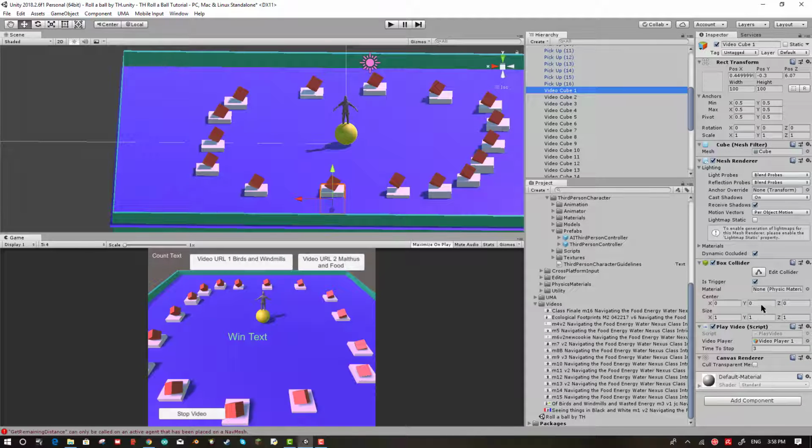What happens now is in Video Cube 1: mesh shredder, box collider, play video. That time to stop, 3 seconds is all I've given it. I can give it the full 4 or 5 minutes, but then you're locked into that and you can't continue the game. What I need is a script that will allow the student to click on the stop video button